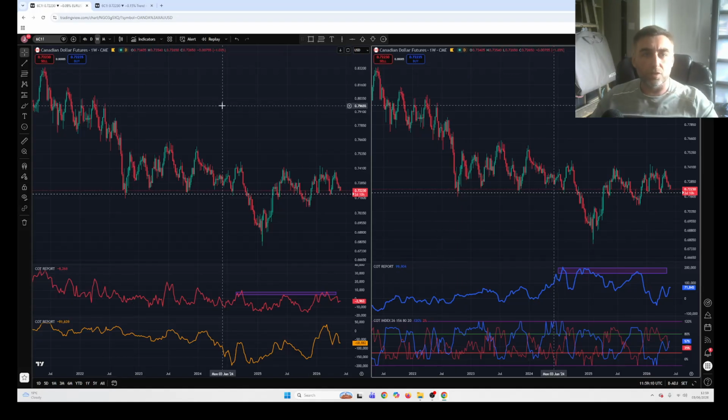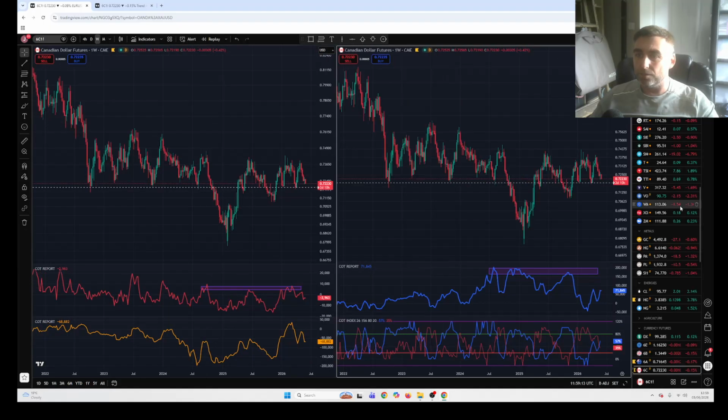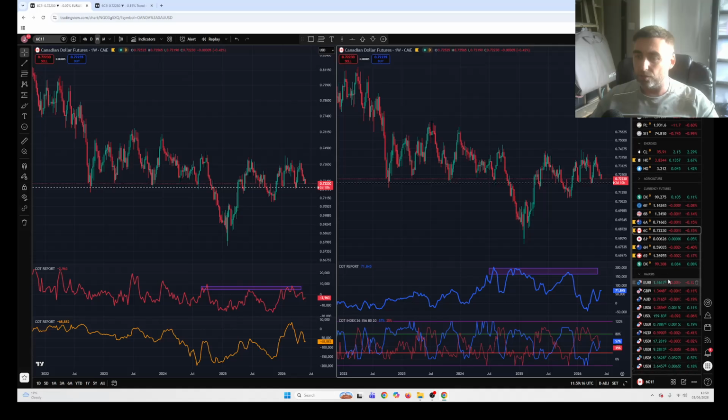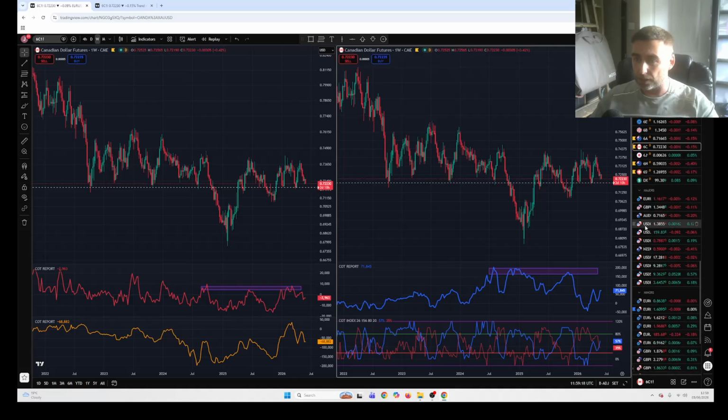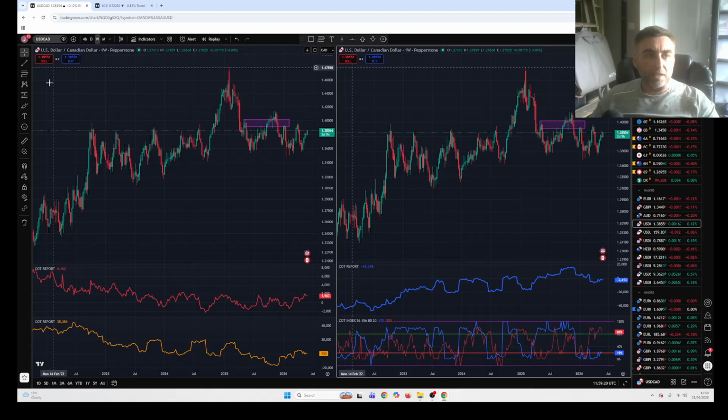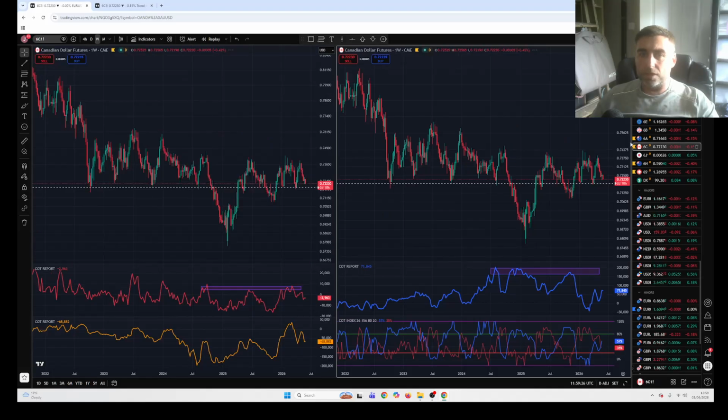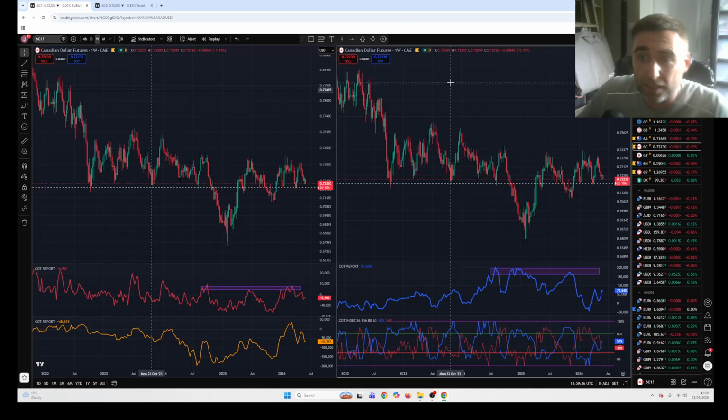I'm going to start off with the Canadian dollar. So I will actually be placing my trade, hopefully, if I reach my levels, on the USD Canadian dollar. We'll come back to these charts in a moment, but what I do is I get my bias using the futures chart. So with the Canadian dollar here, this price action